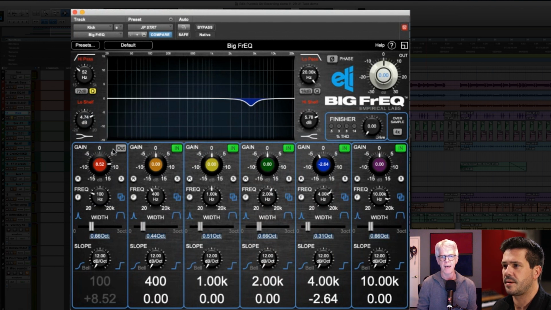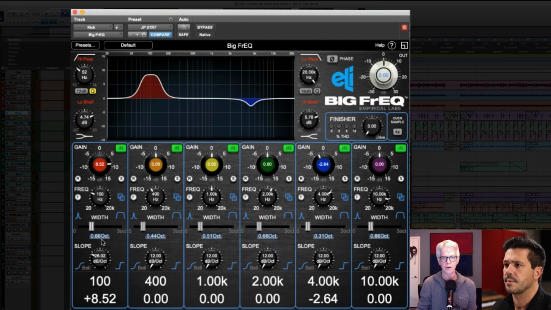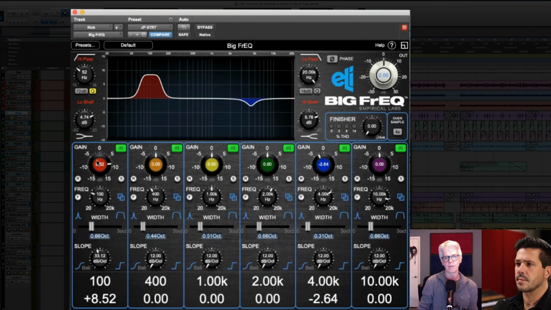Now here it is without the high pass and with the gain boost. So if you had a sound with a lot of subs and a lot of low frequency content, you may opt to go for this high pass version versus using just a wide bell gain like I'm using here. Also, we can change the slope of the curve. You see how the other nice thing that this does is it flattens out up at the top,